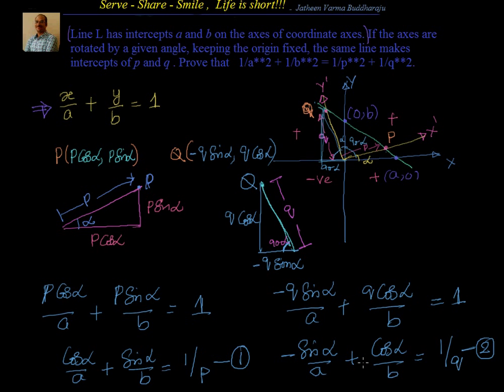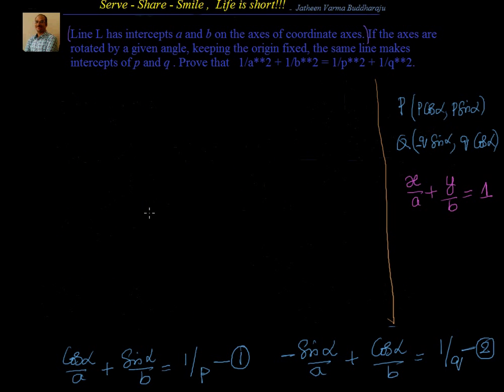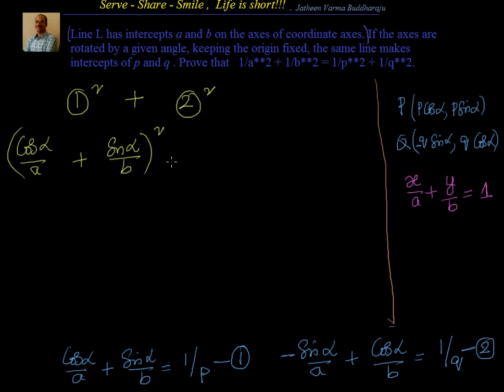So let's go to the next step. Let's first square the number 1. We will do 1 square plus 2 square. What will happen? We will have (cos alpha by a plus sin alpha by b) whole square plus (minus sin alpha by a plus cos alpha by b) whole square, that is nothing but 1 square plus 2 square